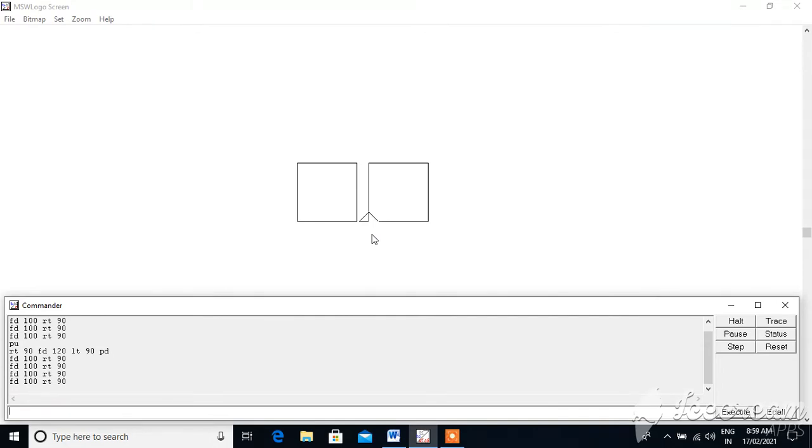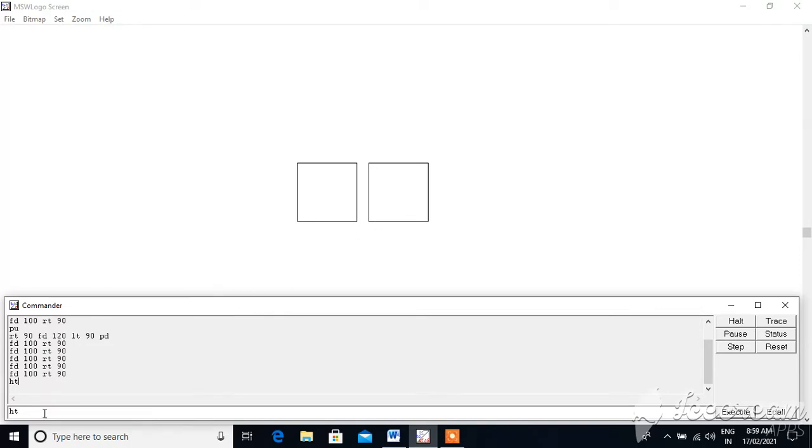I will type one program to see this effect. Let's see here, I just type HT at the bottom to hide this turtle. So the turtle gets hidden.